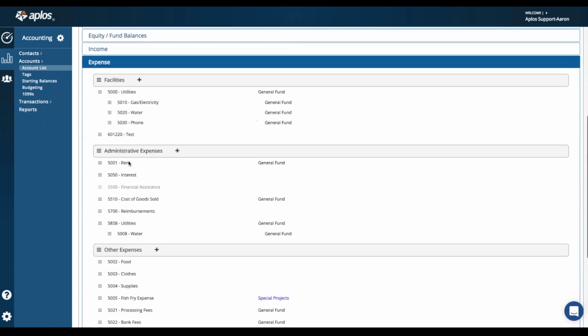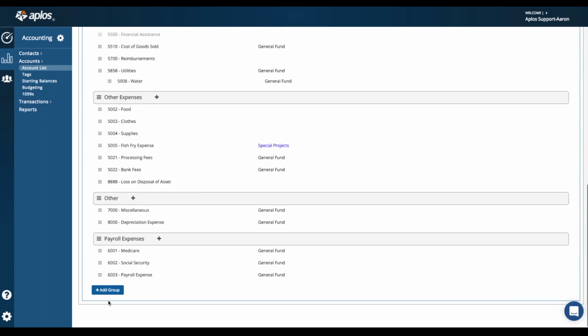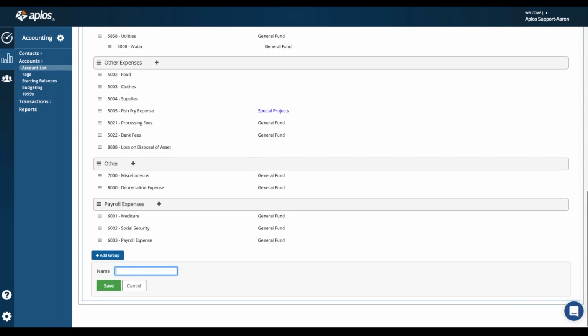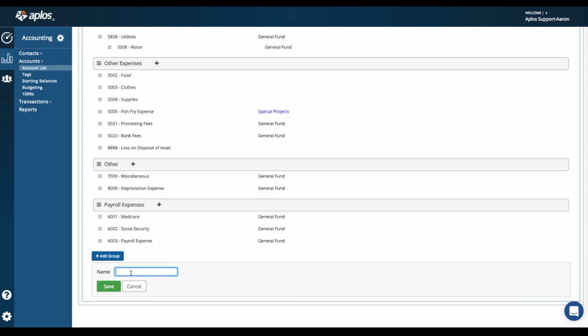So for expenses, at the very bottom here, you're going to see an add group button. If you see that there's a group you want to add into this expense area, you would just click on add group, and then you'd provide it a name. So for this example, let's go ahead and just say other expenses